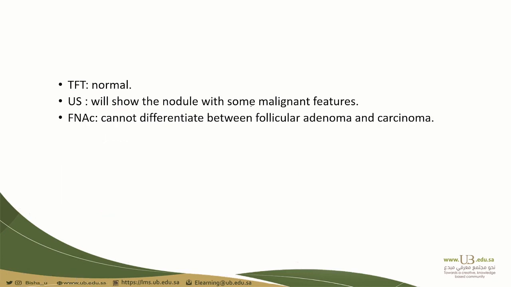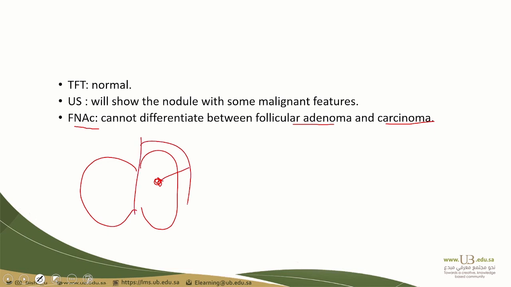Ultrasound will show a nodule with some malignant features. The FNAC unfortunately cannot differentiate between follicular adenoma and follicular carcinoma. So with any suspicion of follicular cancer by fine needle aspiration, you have to do a hemithyroidectomy for the patient. If I have a nodule here and the FNA shows that it is a follicular lesion, you have to do hemithyroidectomy, and then after that, if it is malignant,